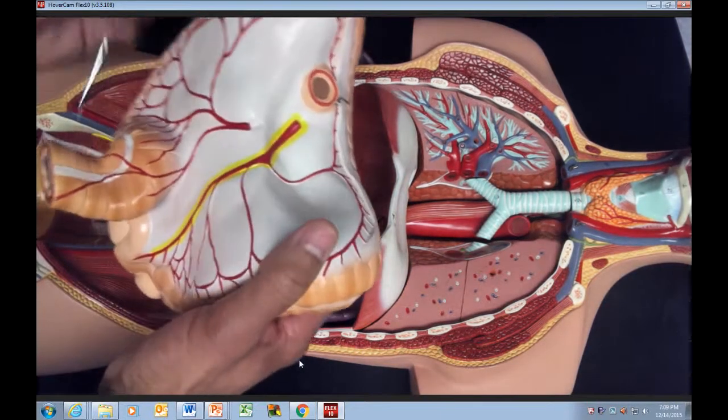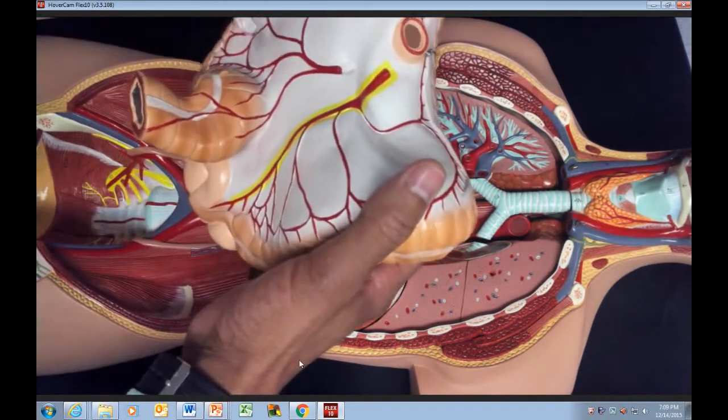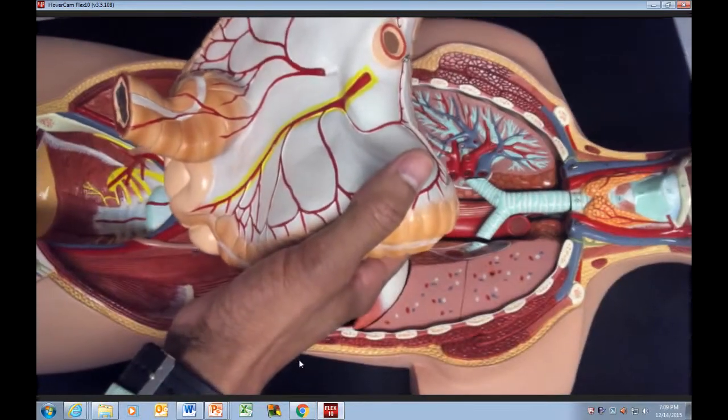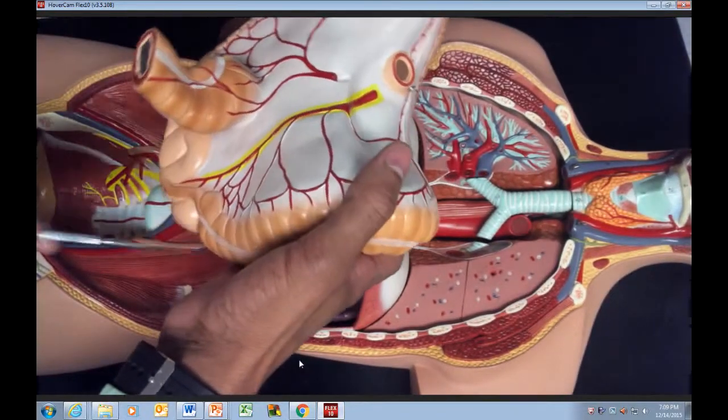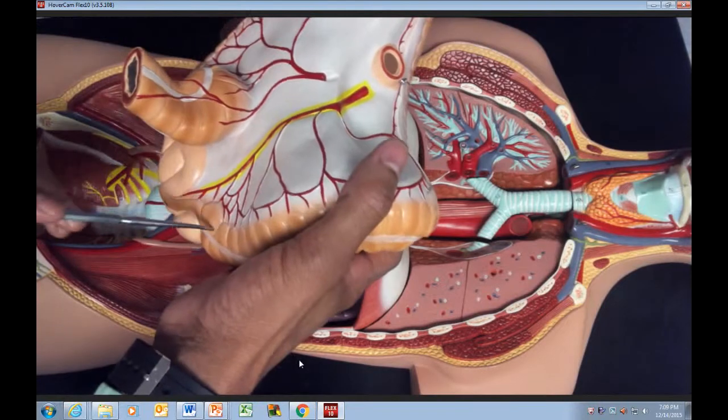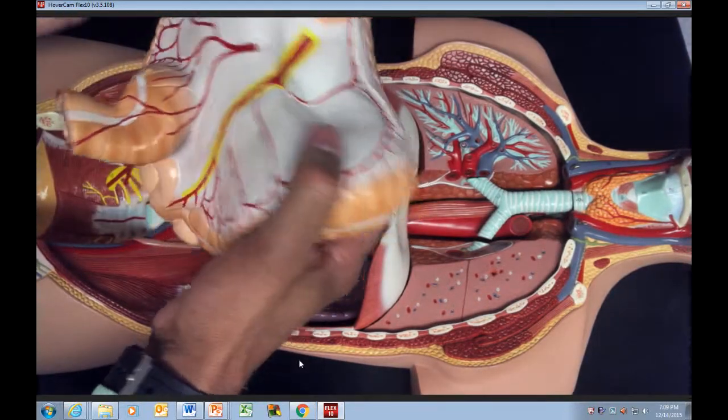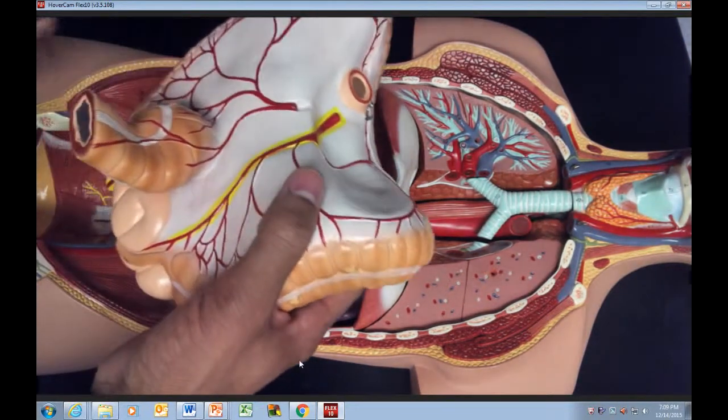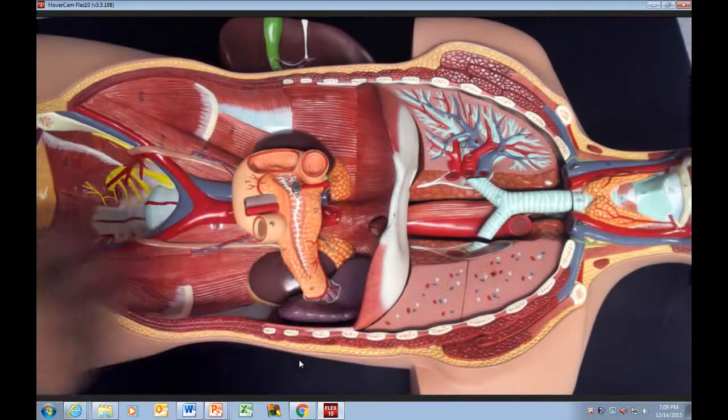If you see here, these are all arteries. What you don't see is the veins. The inferior one is going to collect from the large intestine, and then the small intestines are going to be the superior mesenteric vein. Now, let's